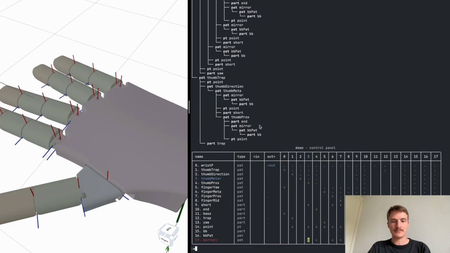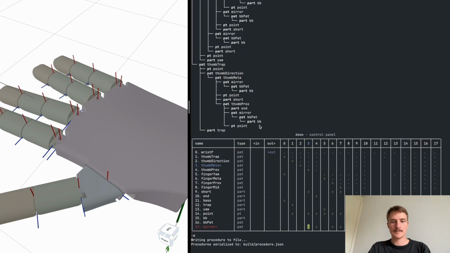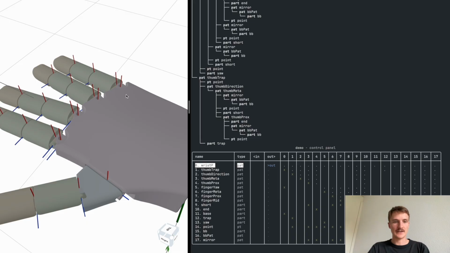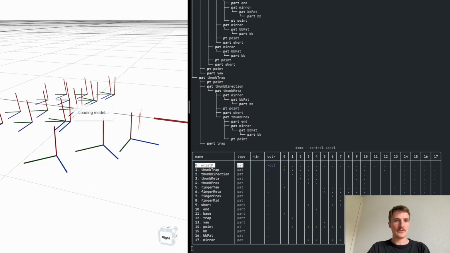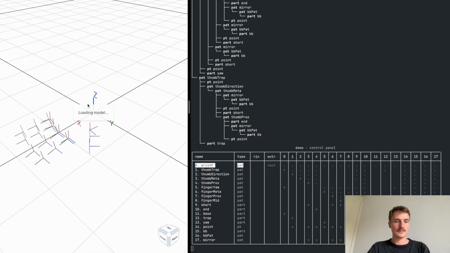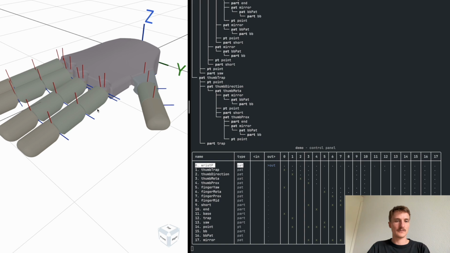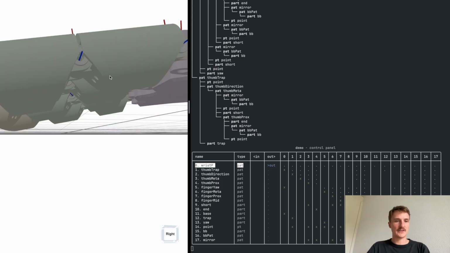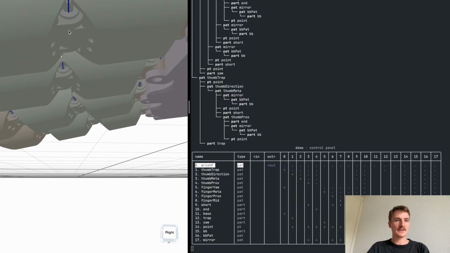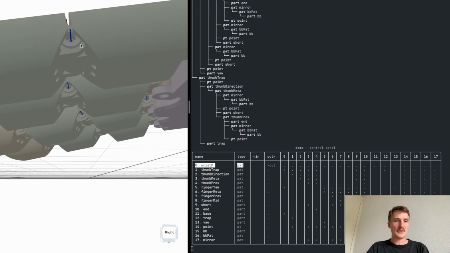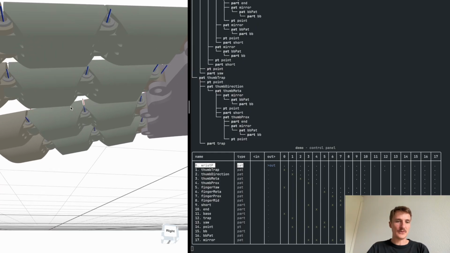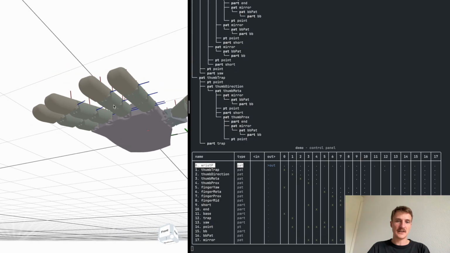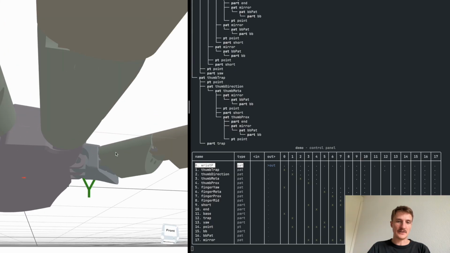We can now save that. And then we can build this process again, just like that. And now technically if I reload the model and zoom in to the joints, we can see that all those ball bearings, so it's not super obvious, but you can see that the ball bearings have been added to all the relevant finger sections,